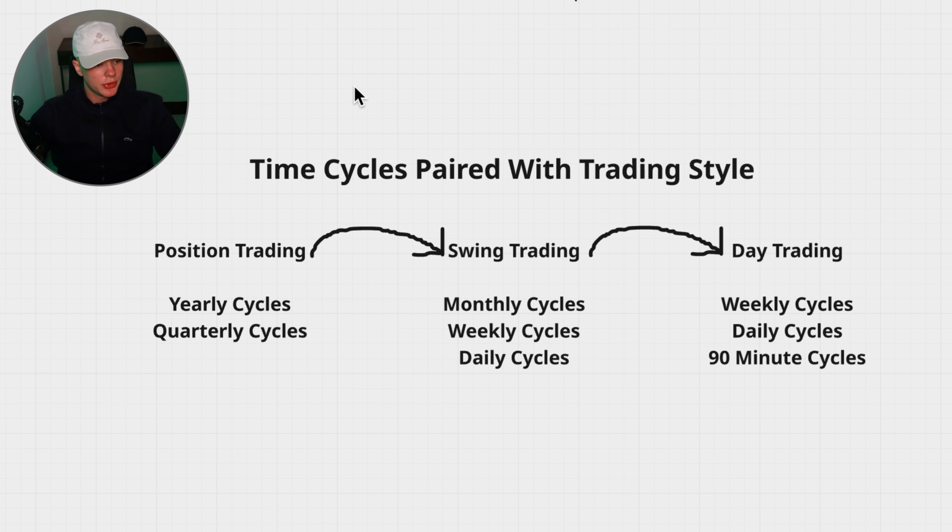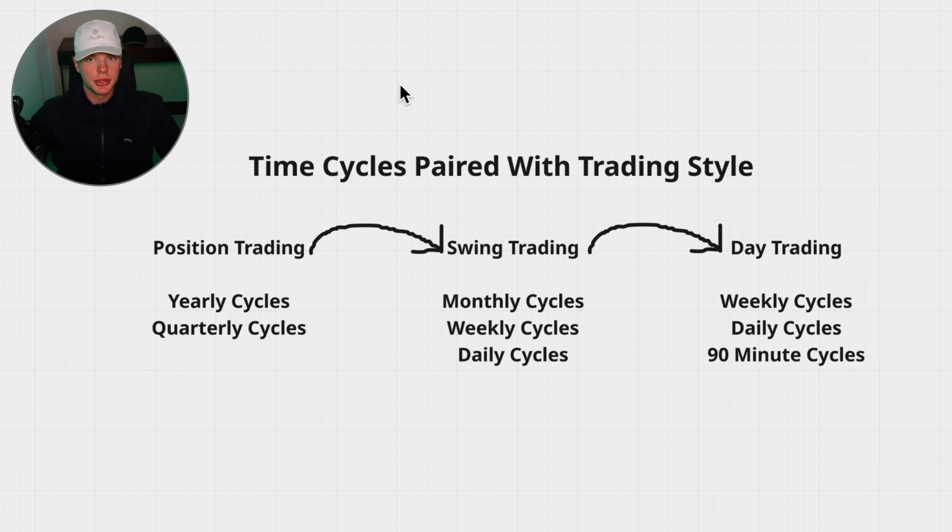So when it comes to time cycles paired with trading styles, these are the combinations which I suggest. For position trading, pay attention to yearly cycles and quarterly cycles. When it comes to swing trading, pay attention to monthly cycles, weekly cycles, daily cycles. When it comes to day trading, pay attention to weekly cycles, daily cycles, and 90-minute cycles. Don't worry, I'm going to be walking you through each one of these individual cycles. I'm going to be giving you the exact times which you can start paying attention to. However,